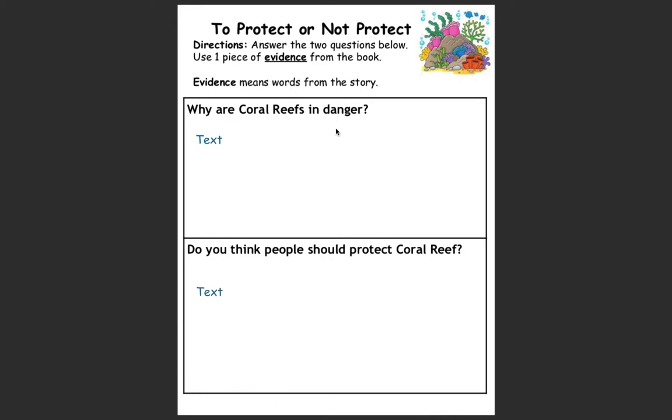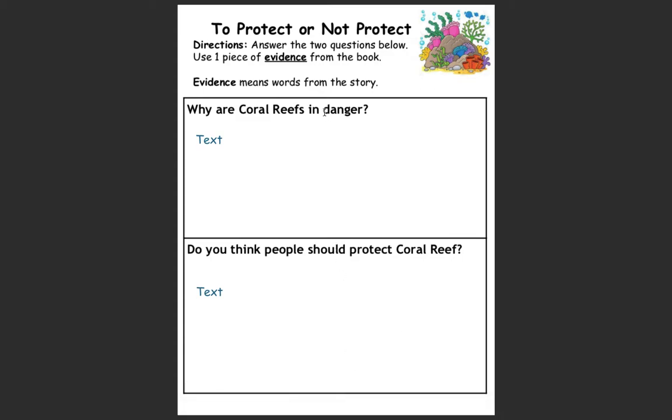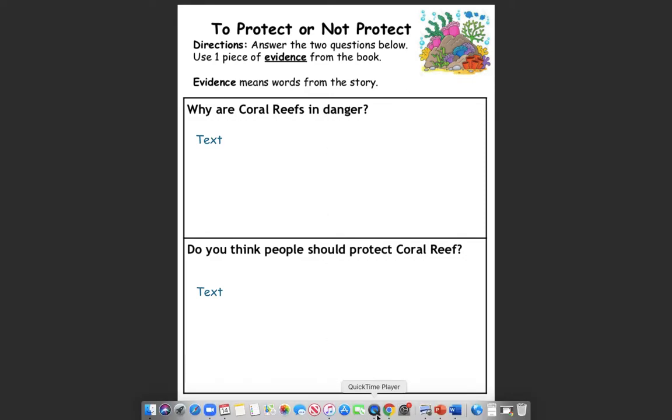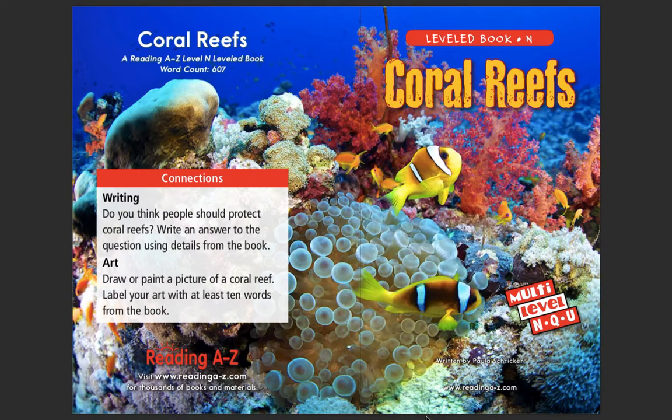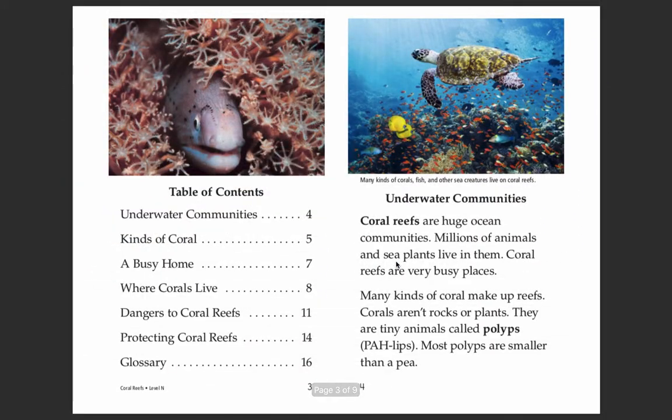So I'm going to show you a really awesome tip to find this evidence. So one key word I want you to see is this word danger. In one of the headings, there is the word danger. So we're going to go to the glossary and try and find what page would give us this answer. So underwater communities, kinds of coral, a busy home, where corals live, dangers to coral reefs, protecting coral reefs, or